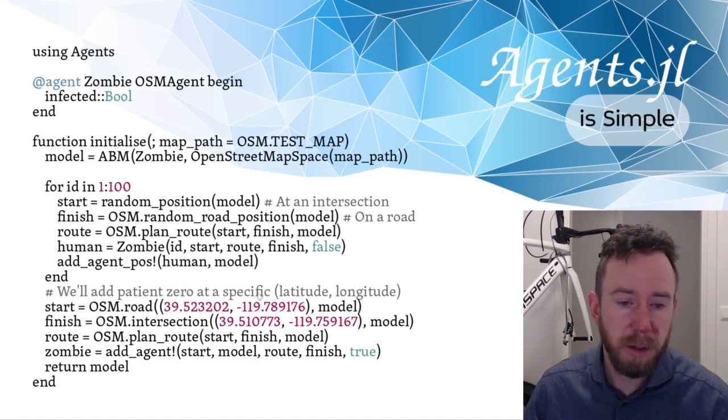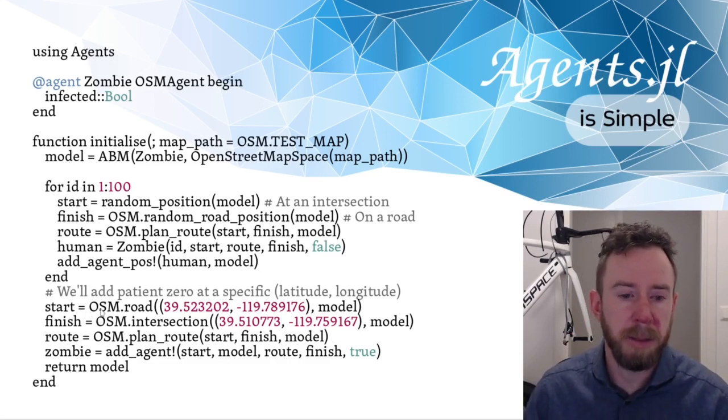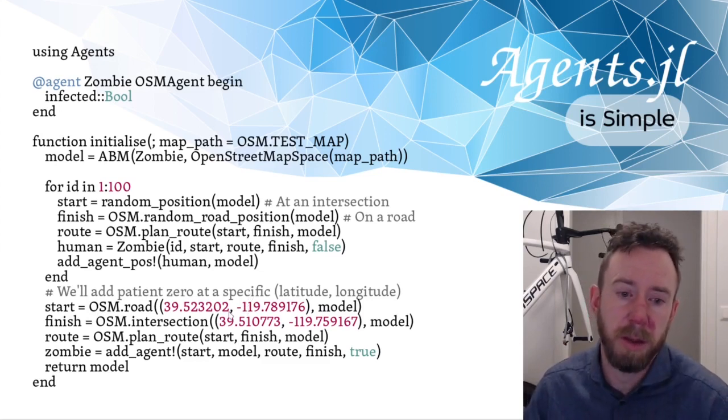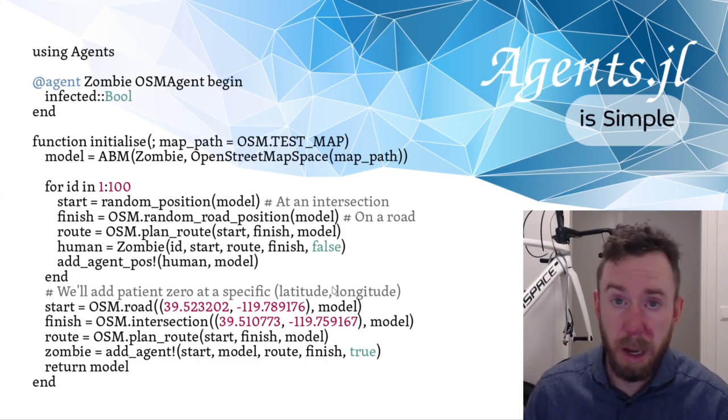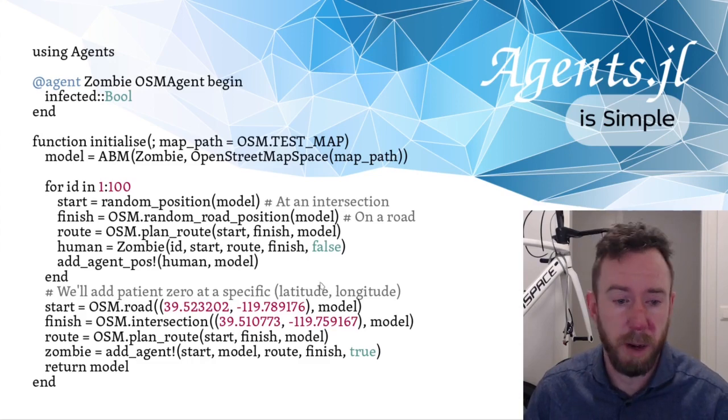The last person we have is essentially patient 0, the zombie that we want to start infecting people with. And we've given 2 other examples of how you can add agents here, effectively via a direct latitude and longitude coordinate. So this gives us the entire model and the set of agents that we will require to build this particular